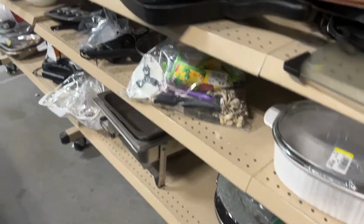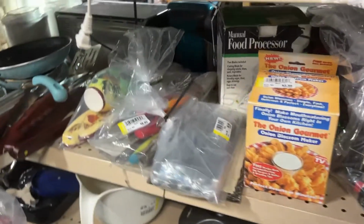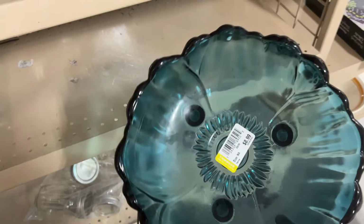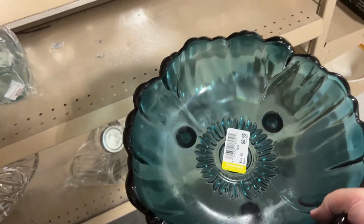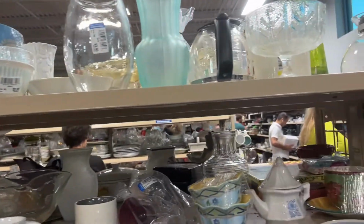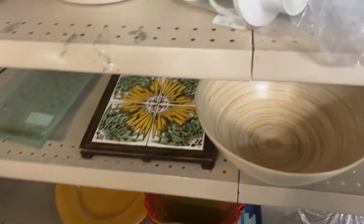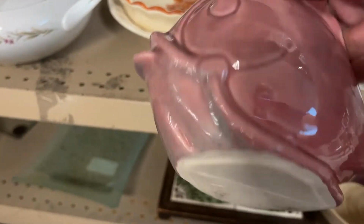I'm kind of moving away from the casseroles a little bit just because those to me do better around the holiday season, and to store them through the summer unless I get a really good deal, I was avoiding them. And then I saw the blue glass. And you know I love me some glass. And it was $10. But it was blue, so it had to go in the cart. He was kind of neat. This little ceramic fish. But for $5, I was like,